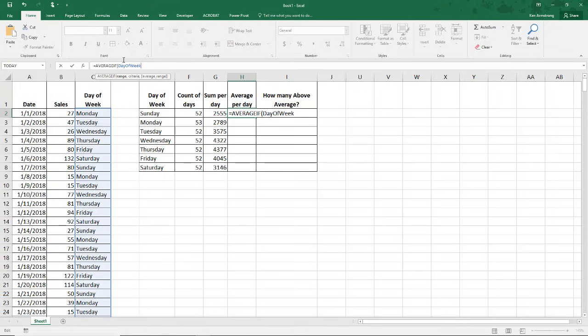There it is. My criteria is again this. And now my average range is that column B stuff, which I called sales. Tab, close my parentheses, and if I copy that down, we're good to go.